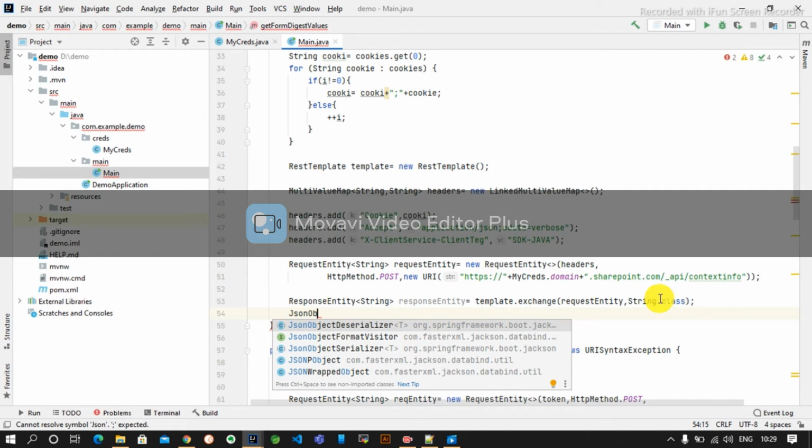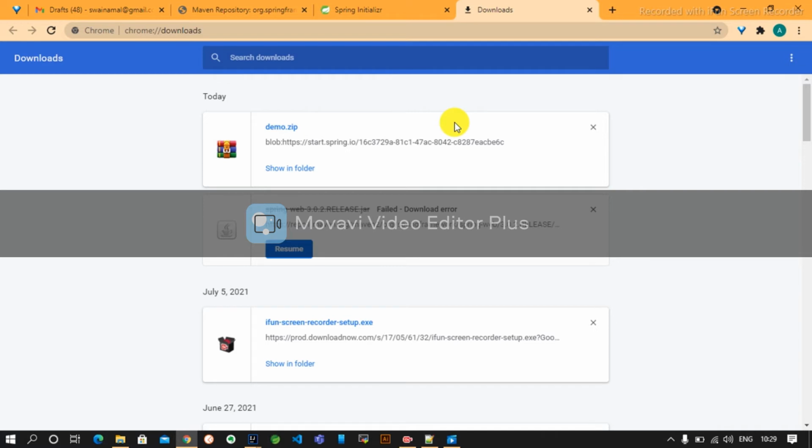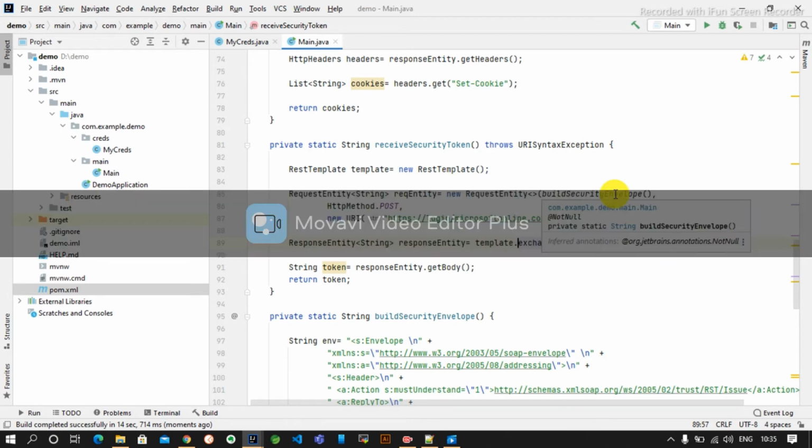I think we need to add the dependency. Okay, something we have done wrong. HTTP microsoftonline.com. Let's cross check the endpoint whether it is correct or not. I think there might be some reason with the endpoint only.